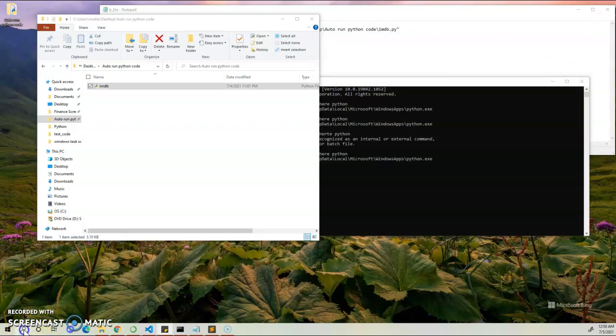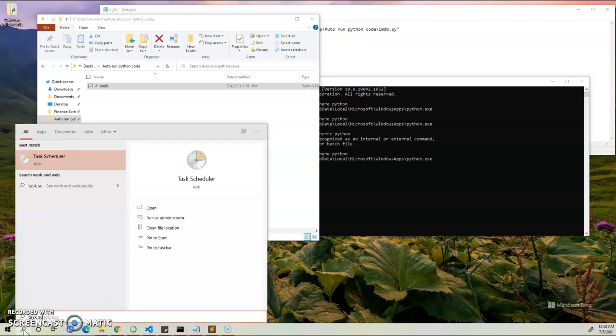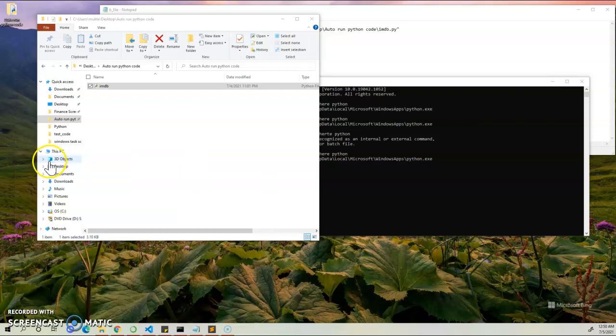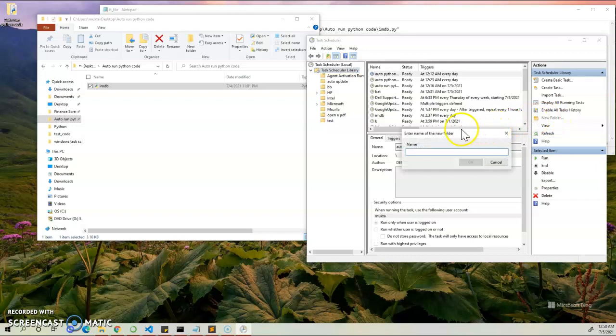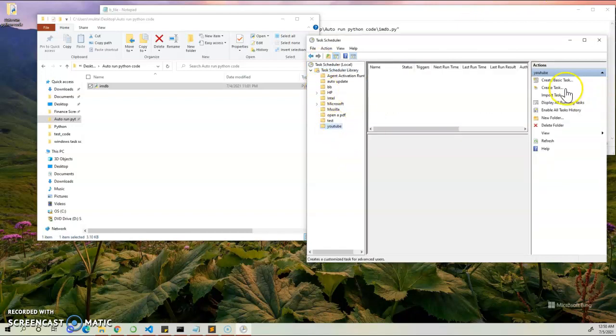So now I will open Task Scheduler. So type in Task Scheduler in the search button. This is the Task Scheduler. When you see this icon, click on it. We will create another folder. You don't really have to create a folder, but I will just create a folder. You can just select this,